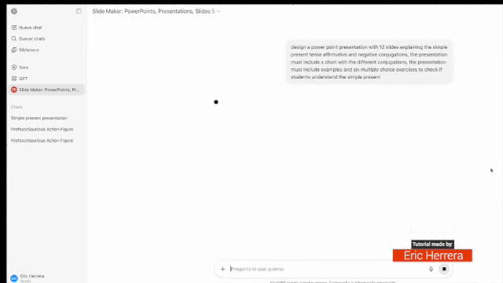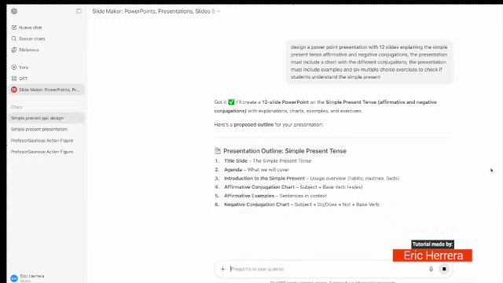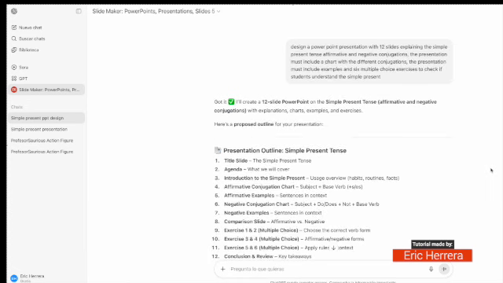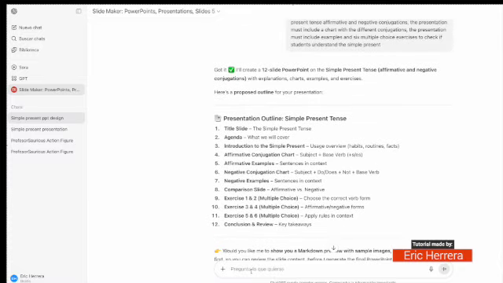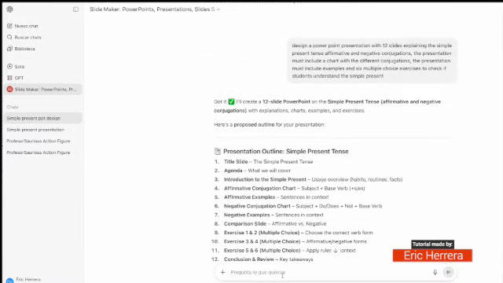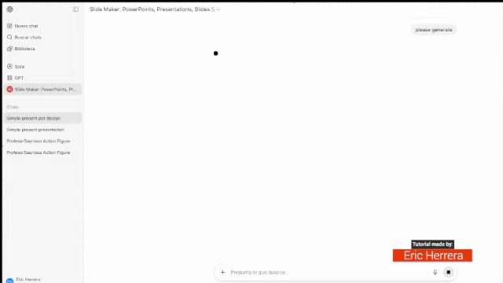Then, you wait for some time for ChatGPT to outline the information in each individual slide. Once the outline of your slides is done, you can customize any of the slides. If you're happy with all the slides, now you type "Please generate" and wait for SlideMaker PowerPoint's presentations to generate